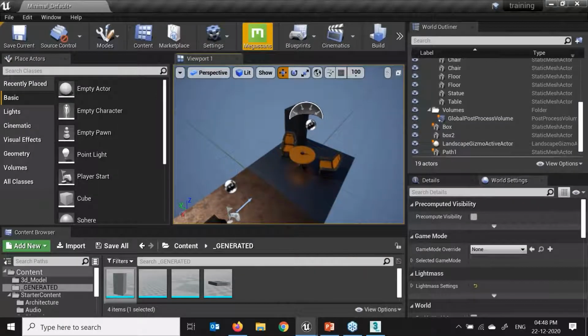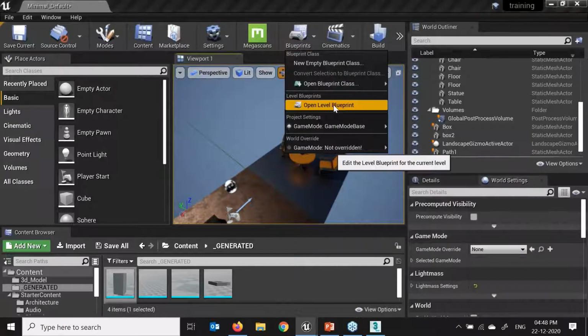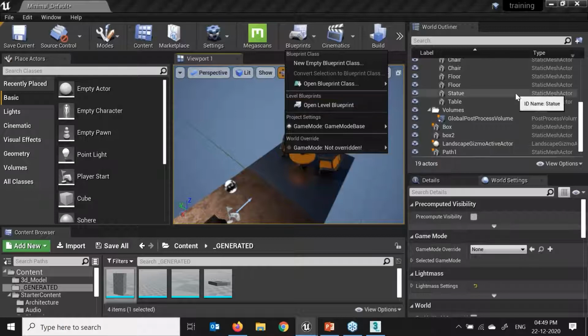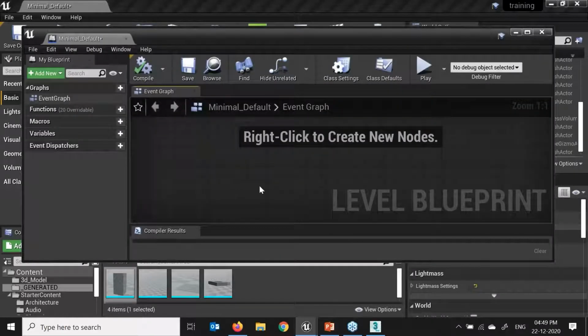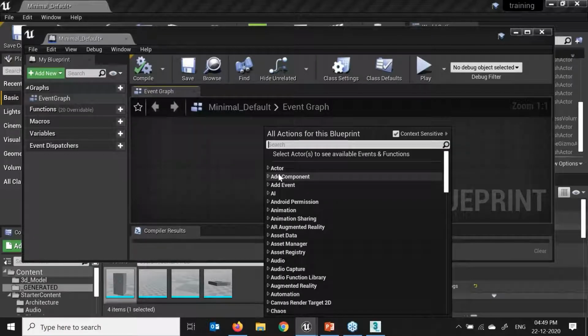Right, here we have the Megascans options. I'll show that after some time. Here we have the blueprint. If I want to make my own blueprint, I can do that also. Blueprint, if I click over here, it will pop up a new window. It's kind of an event graph editor. Here we have to create a graph. If you know C++, it's okay. Otherwise they have a lot of